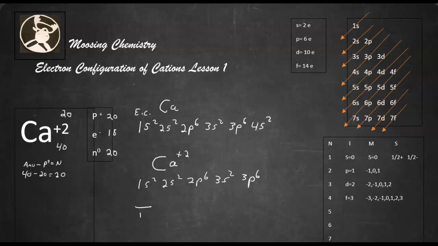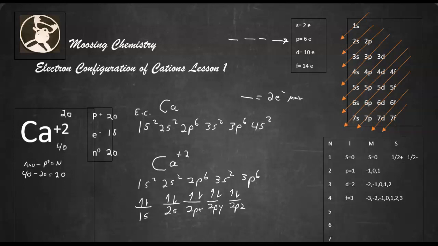So you're going to have 1s up and down, 2s up and down, 2px, 2py, 2pz. Why that? Because all a space equals 2 electrons. That's the max, right? So if you have 6 electrons, like you do with p, you have to have 3 spaces. All right, so let's go 1, 2, 3,